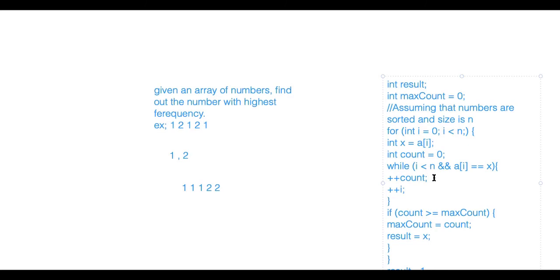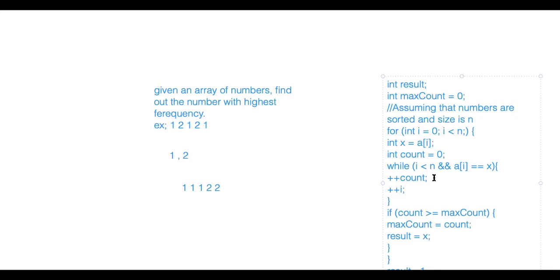Hello. Is that not possible without sorting? Like to find the count of a number without sorting? I mean, it will depend upon the limits. If you are given only 10 to the 5 numbers, there are ways to do it. But if there is no restriction on the number, say the number can be negative, positive, or zero, then in this case it will be O of n square without sorting.